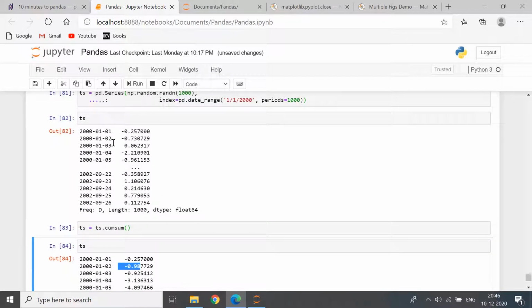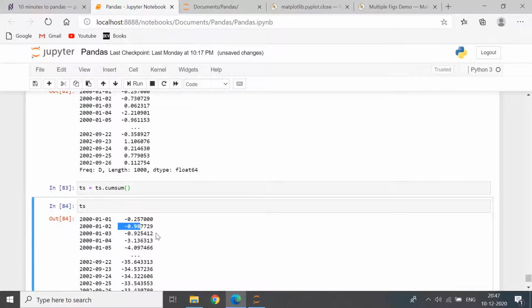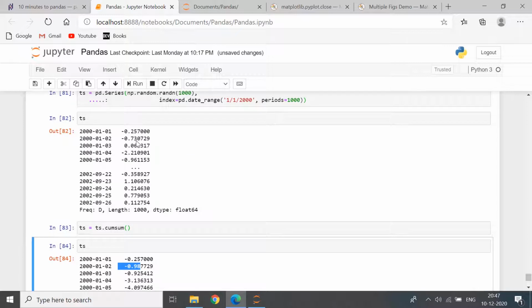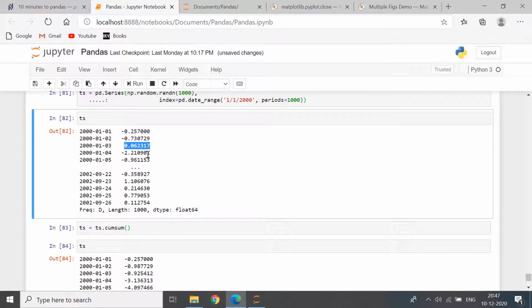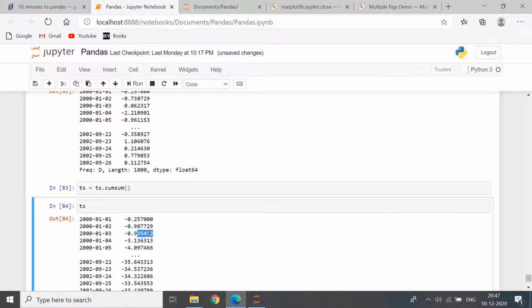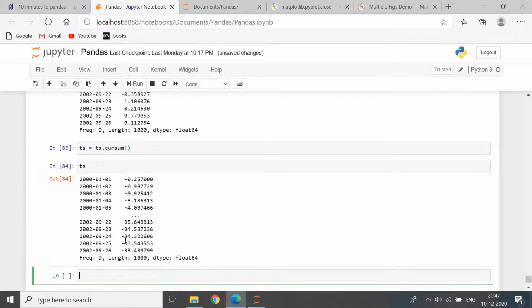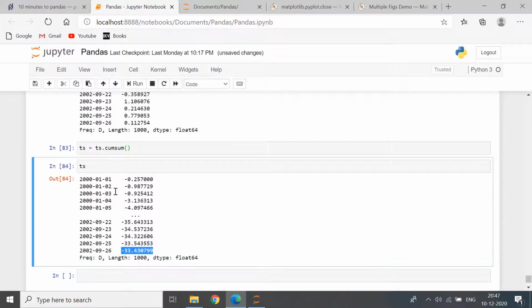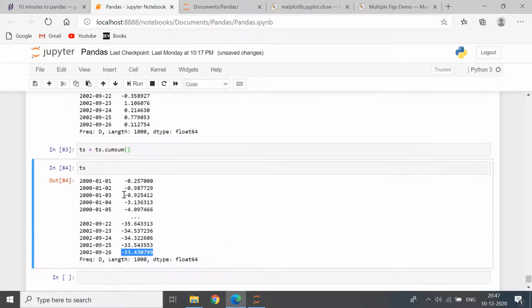Then this was added, and the value again got replaced. So you see that these two were negative, so they enhanced the value in the negative direction, while this positive one decreased the value in the negative direction, so it made it a little more towards zero. So you can see this value is smaller than this, and so on. This is the cumulative sum. So basically the last value is the sum of all the entries in this entire column.